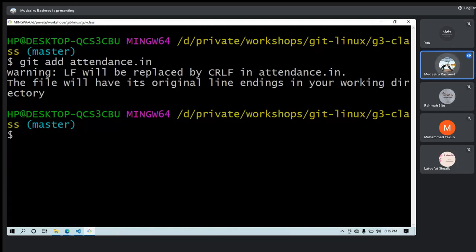If you are working on real-life projects, most especially JavaScript projects, we have something called ESLint that will handle all this stuff for you. So you don't need to bother yourself, just forget about it. What you need to get here is git add with the file name or directory you want to add. So now if I run my git status again, we will see that it changes from untracked to tracked now.